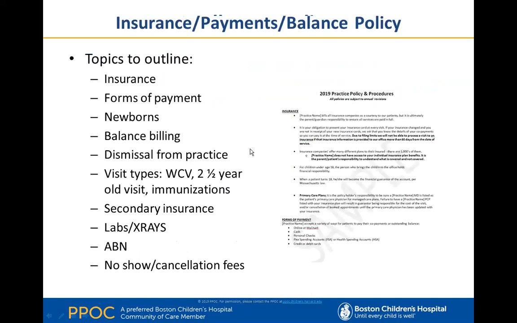And then insurance and billing policy, what is that? What does that include? What do you put in there? So, some examples here, things that you want to outline. Insurance, that's the type of area where you want to report that every insurance plan is different. It's up to the patient and the family to understand their benefits. The practice cannot be responsible to understand benefits of all of the patients.